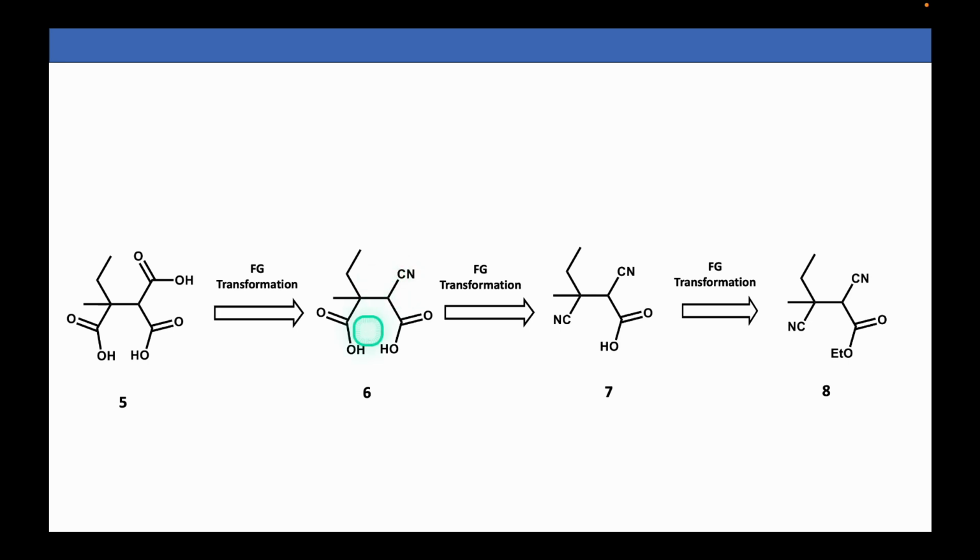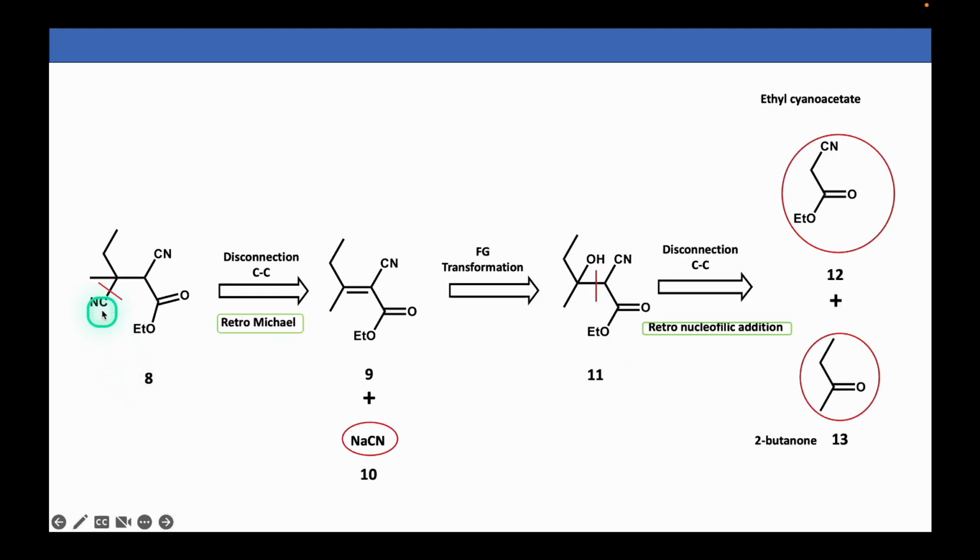A second functional group transformation applied to the carboxylic group, located on the quaternary carbon, forms the dicyanocarboxylic acid 7. The remaining carboxylic group is protected as an ethyl ester. One of the cyano groups in 8 is in the beta position relative to the ester carbonyl and the other